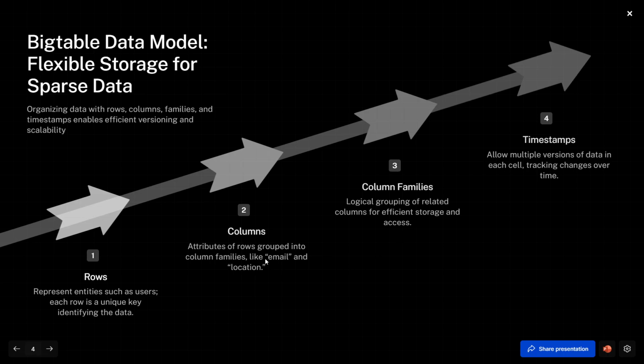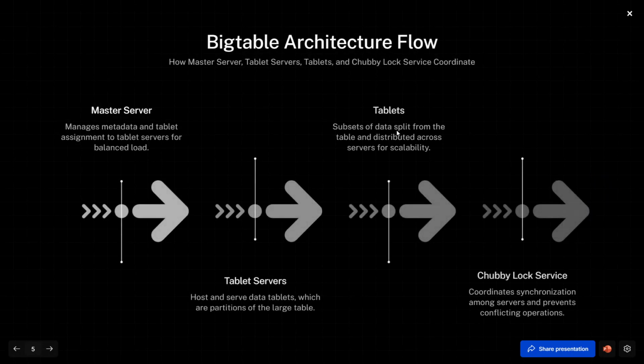A column qualifier represents specific data fields such as emails. And timestamps allow versioning, so Bigtable can store multiple versions of data. This flexible model supports dynamic sparse data, meaning not all rows need the same columns, making Bigtable ideal for